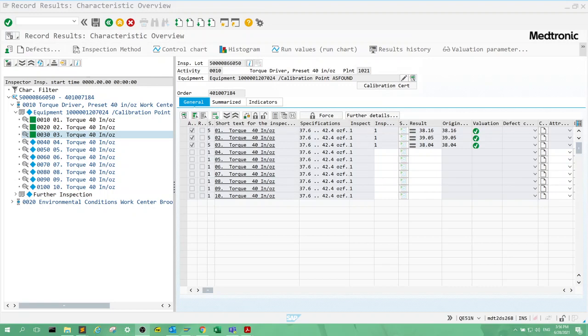Hello. Today we are learning how to enter a defect notification in SAP for a calibration that is out of tolerance or an NCR. Alright, I'll just get into it. I'm recording the results here for a torque wrench, and I've got 3 good values and a bunch of not good values. The next one that I want to enter in is